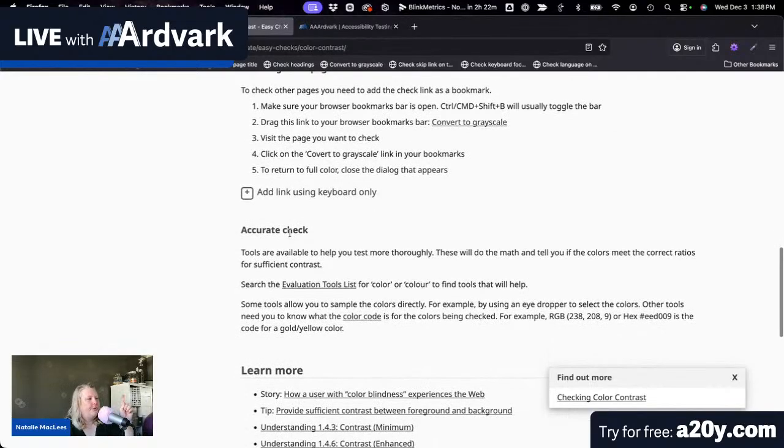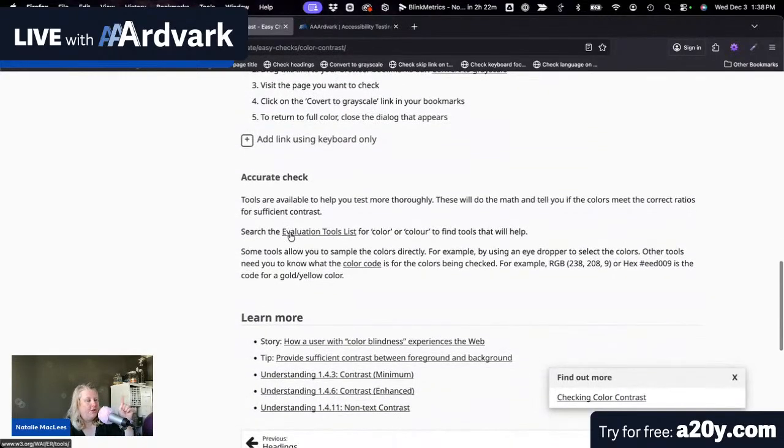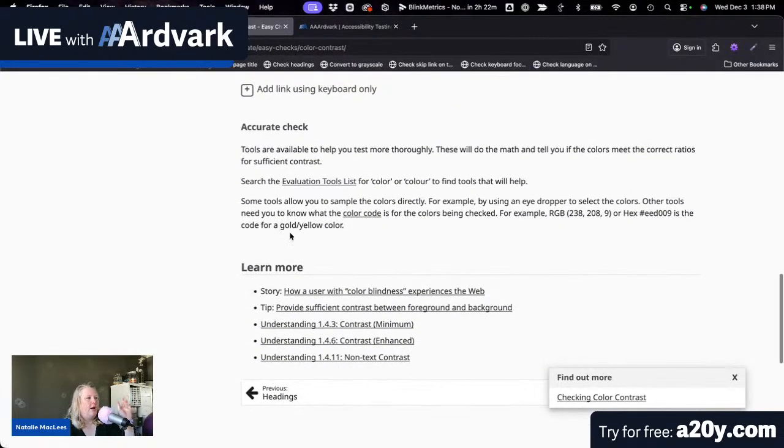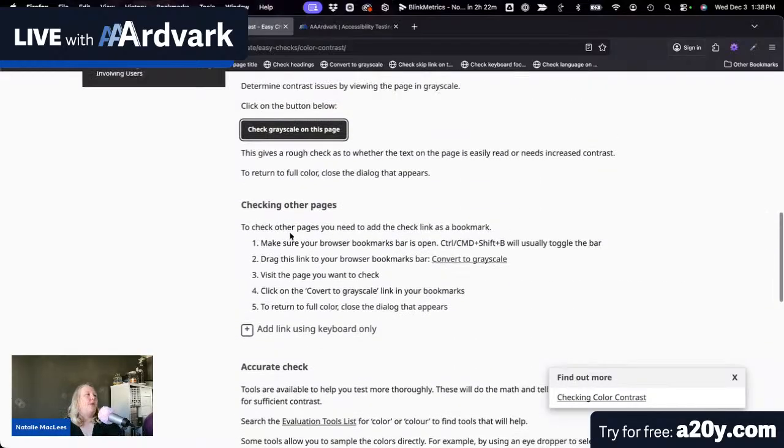Now, most automated checkers will do an automated color contrast check for you. But where they fall down a lot is if you have used any kind of transparency, if you have any gradients in use, if you have any background images, text shadows, anything like that, they are often not able to correctly calculate the color contrast there. So you will have to do it yourself. And if you have to do it yourself,